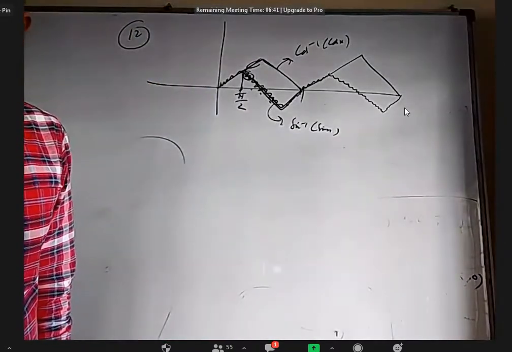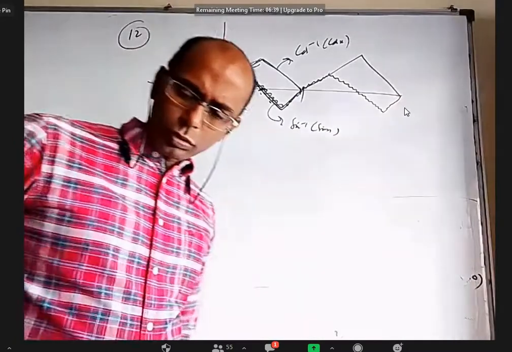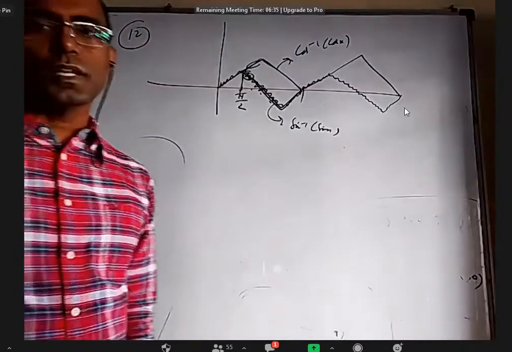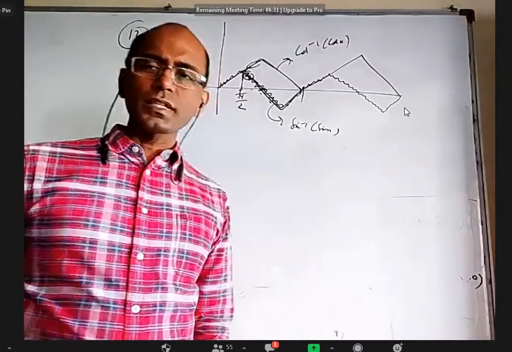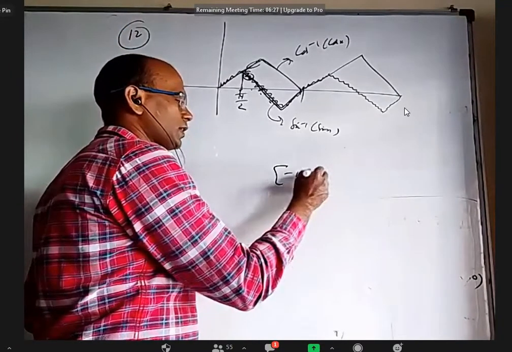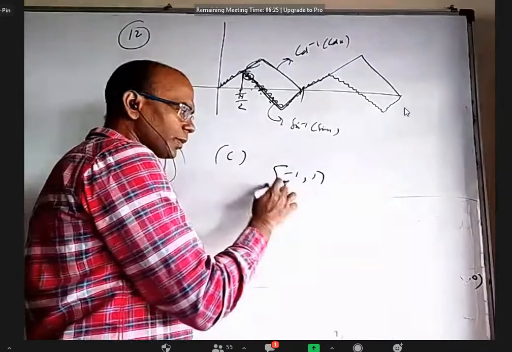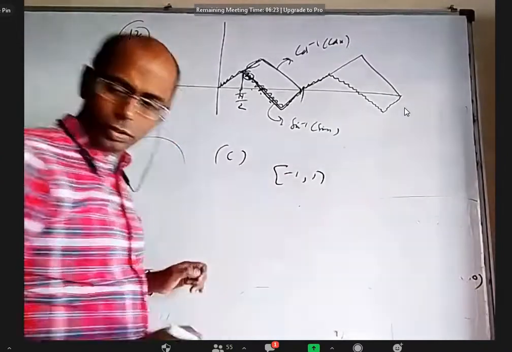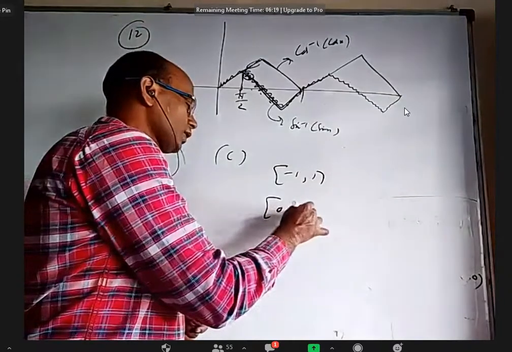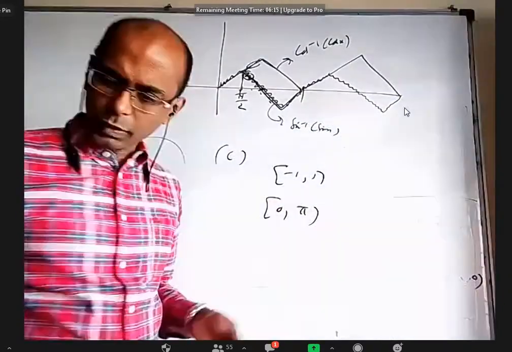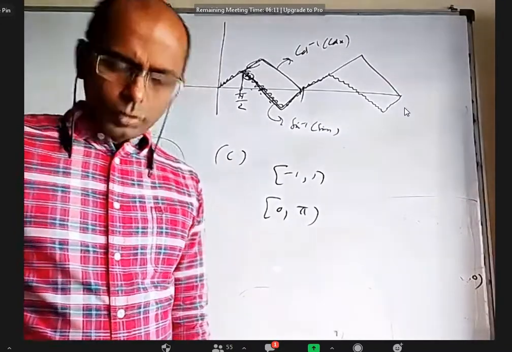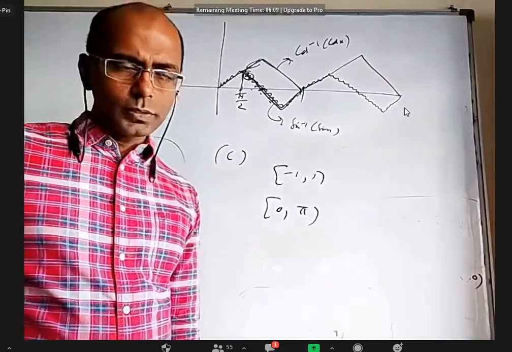In that C bit, there also cot inverse x plus tan inverse x is always pi by 2, but again the domain is the closed interval -1 to 1. In -1 to 1, the range of cos inverse x is 0 to pi only, sorry, nothing wrong. And you have to add pi by 2, so it will be pi by 2 to 3 pi by 2, closed interval. Option Q, no problem with that. Okay, C, no problem? C is quite simple, right?